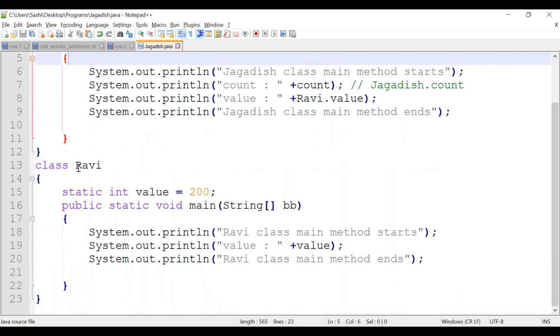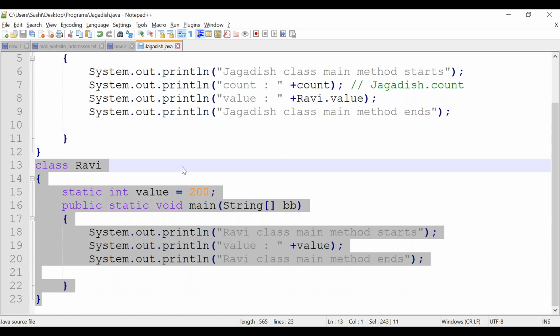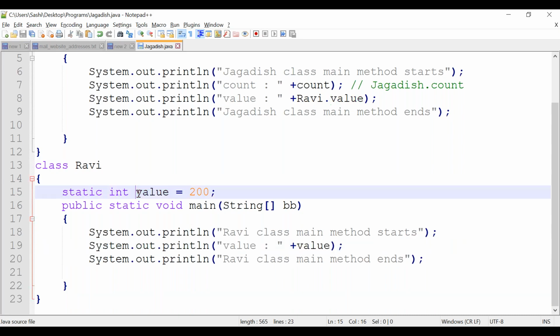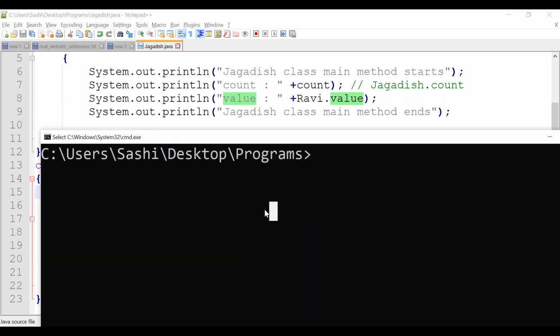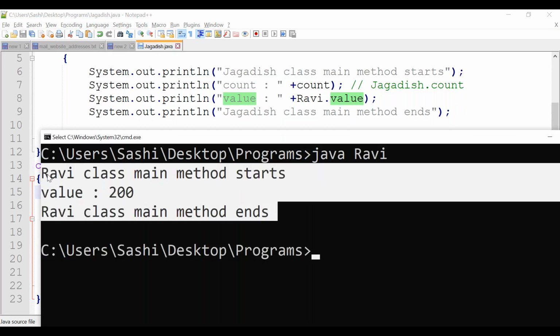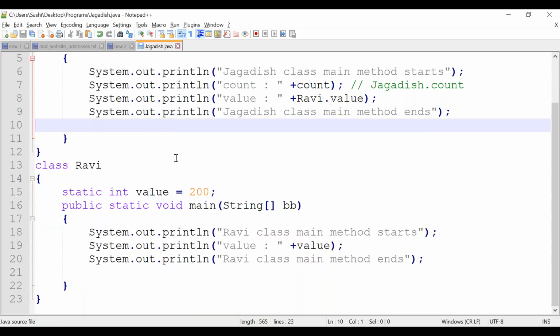Inside the Ravi class it is the same, we didn't do any modification. We will get Ravi class main method starts, value also from the Ravi class only. So it is simple, it is the same only.